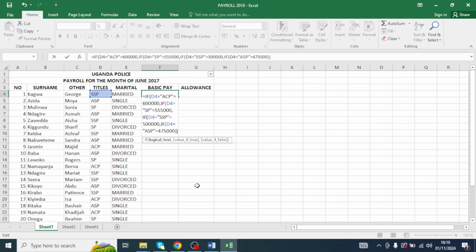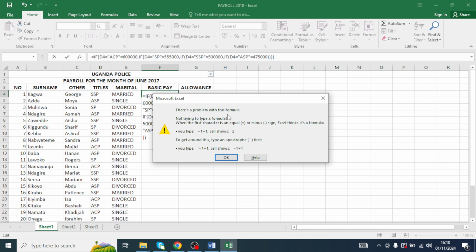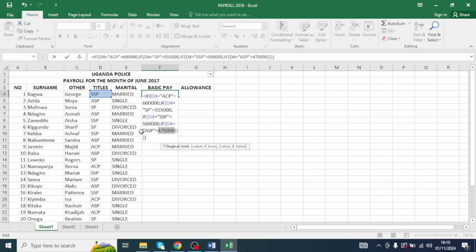Close 4 times. 1, 2, 3, 4. Hit enter. There's a problem with the formula. Click OK. Let me show there's a problem here. Comma, if D4 is equal to ASP. If D4 is equal to ASP,